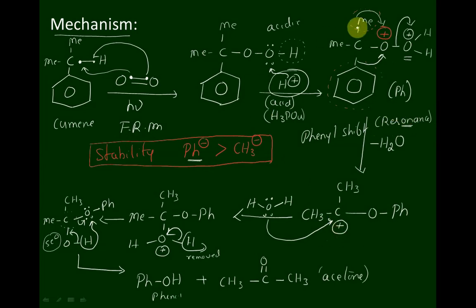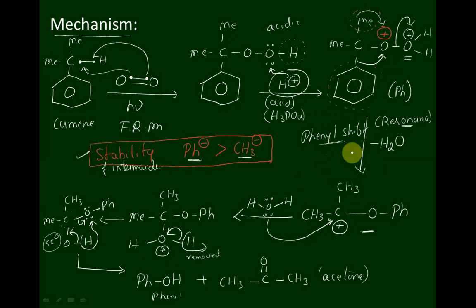Whenever the methyl group gets shifted, resonance may not be possible. Therefore, shifting of the phenyl group is very good when compared to the methyl group, based on the stability of the intermediate. The intermediate depends upon either a phenyl shift or a methyl shift. As soon as I do the phenyl shift, due to resonance, the stability of this intermediate will be more when compared to the shifting of the methyl group. Therefore here we are doing a phenyl shift but not a methyl shift.